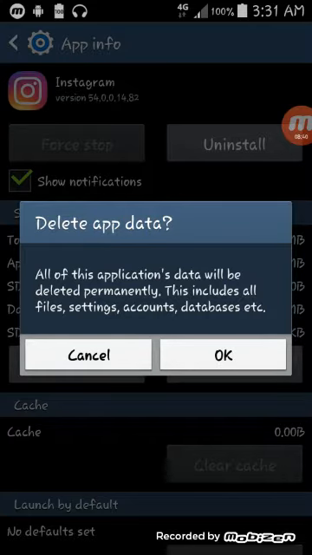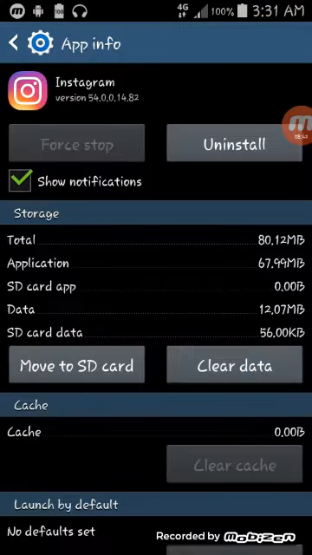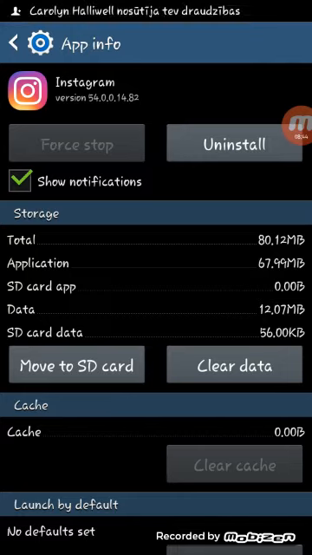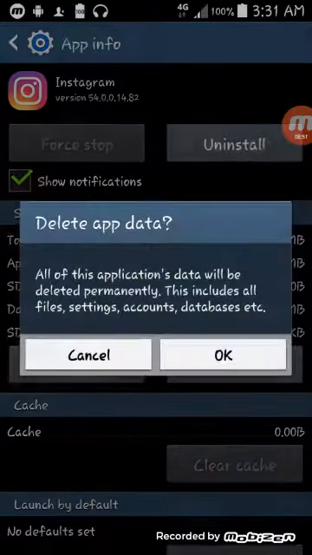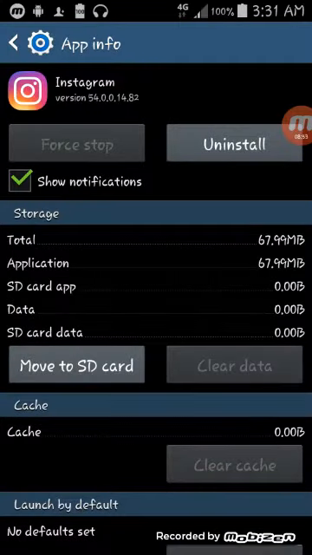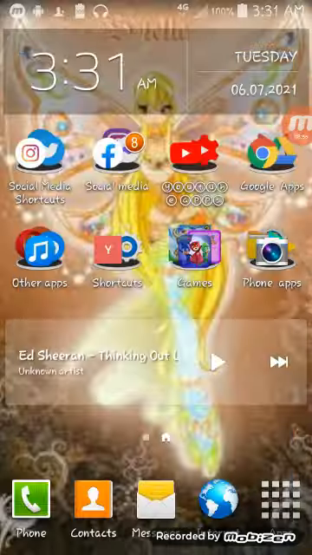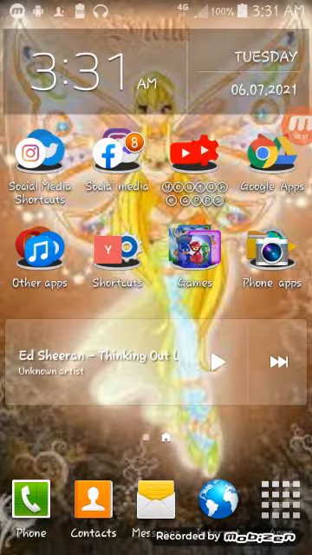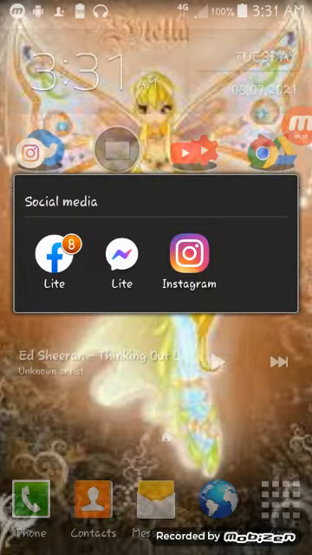But I won't do it because I'm logged in already to 2 accounts, so I can switch. Well, actually, okay. For the purpose of the video, I'll just clear data. Then you simply go back to your Instagram app and log back in, just like you would normally.